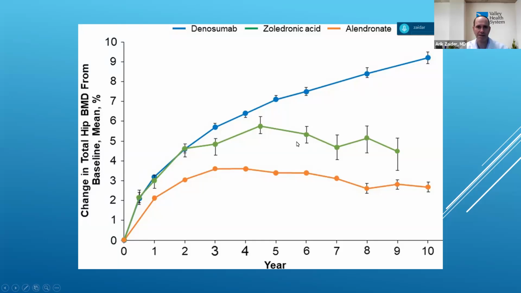But I want you to notice something else about it, which is kind of interesting. Okay, look what happens after year 3. Look what happens to the orange line and to the green line after year 3. You see that the bone density levels off. That's what happens with the bisphosphonates like alendronate, like Fosamax, that after a while, it no longer builds up bone, it just plateaus. But look at Prolia. Prolia is not only superior, but it continues building up bone over time. So that's why we really do like it as an option when it's the appropriate option.